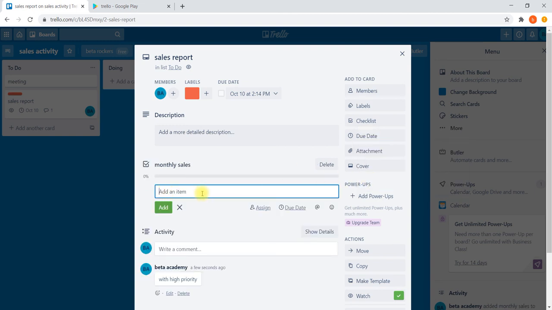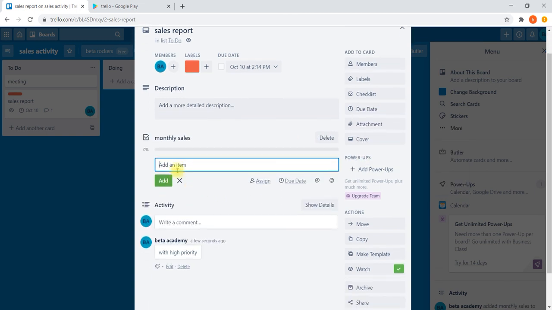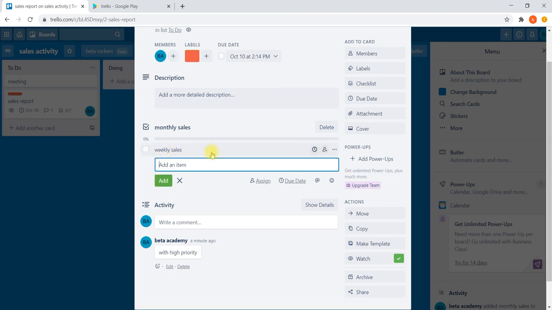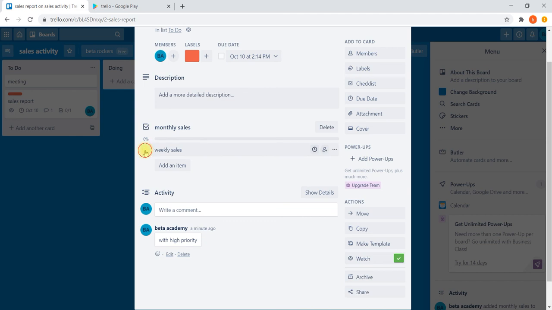Like this here, the monthly sales, you can keep adding to the checklist, like weekly sales, add. Like this we can keep adding to the checklist.